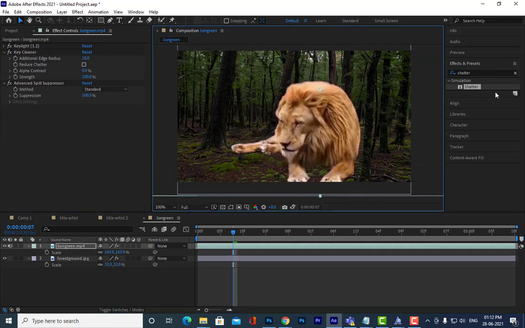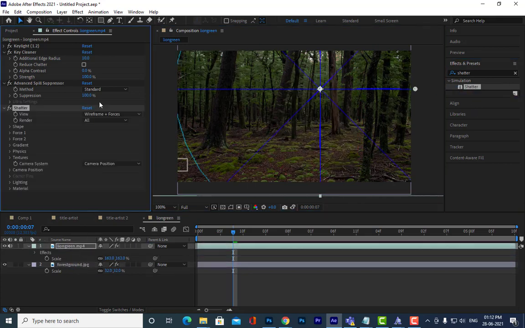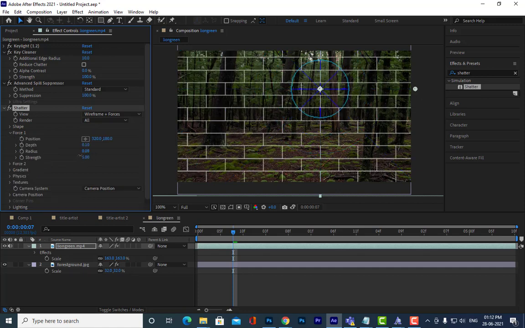Okay, so now let us apply the shadow. So why is it not coming actually? Let us see why it's not coming, because it should come.